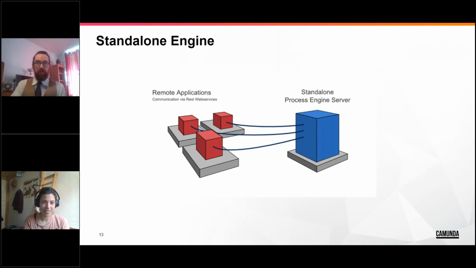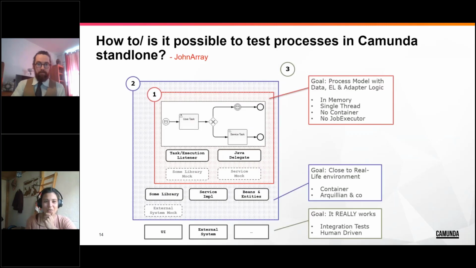Now there are some interesting questions regarding this architecture pattern, and I think they were all handed in by John Array. I hope you're on this call. The first thing he asked was, is it possible to test processes in Camunda standalone? For that, I showed that picture the last time as well. We have to think about the test scopes we have. And when we think about testing our process models, we are in the first scope, what we can see here. And what we need to test is our process,